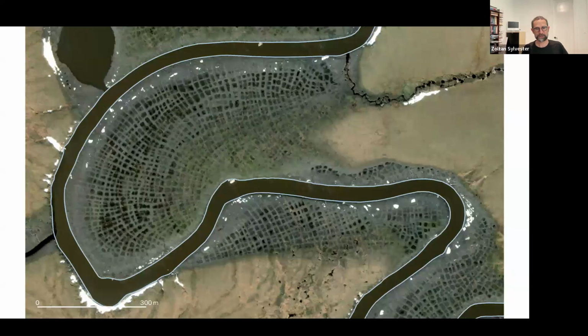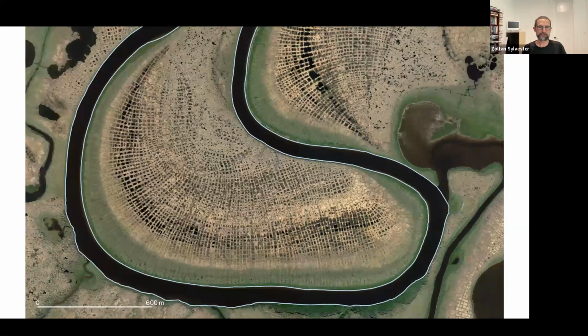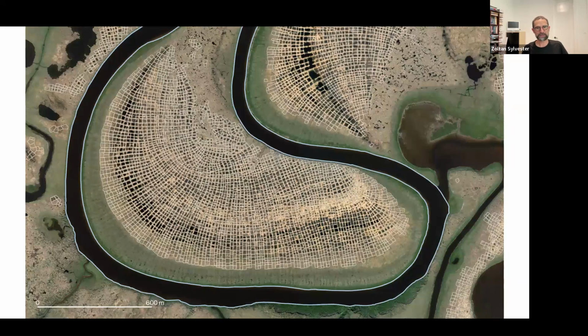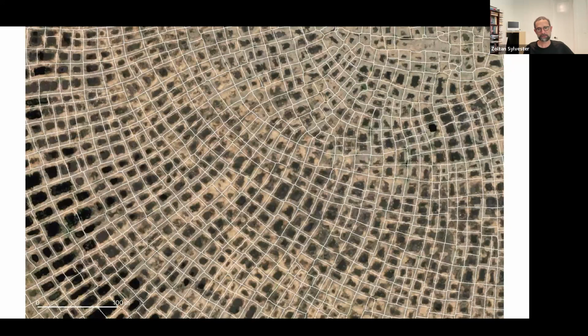If we look at another set of point bars, this is the network output from that. Again, overall, not too bad. Here is a beautiful big point bar further closer to the sea, so it's larger, the river is a little bit wider, and look at those patterns, just really, really nicely reflecting how that point bar has grown through time. And if we can zoom in a little bit further to give you an idea how it looks like. So that's the image. This is the graph,